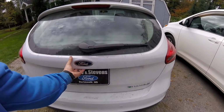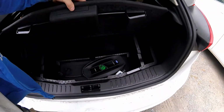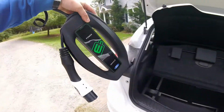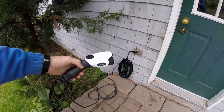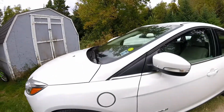When I'm plugged in at home, I use just the regular level 1 charger that's 110 volts that plugs into the outlet of your house. That's what I've been using lately. Unfortunately, that takes about 20 hours from an empty battery to a full one. There's not too much good about that other than the fact that